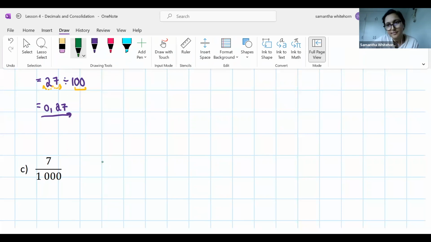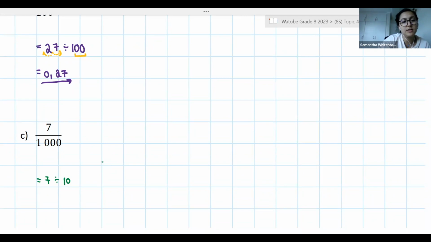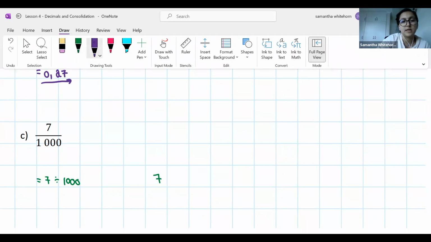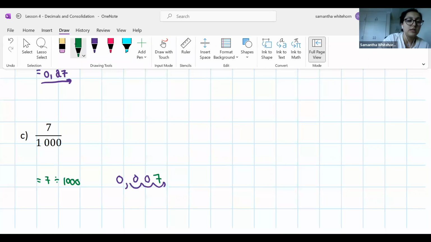Ma'am, I just said the answer is 0,007. Perfect. So guys, we're saying 7 divided by 1,000. Now I haven't left myself much space here. So 7, if I just take that whole number, has a decimal at the end. I need to move it 1, 2, 3 units to the left. Now every little movement I make, there's a 0 that falls in front of that 7. So exactly as Didintle said, our answer here is